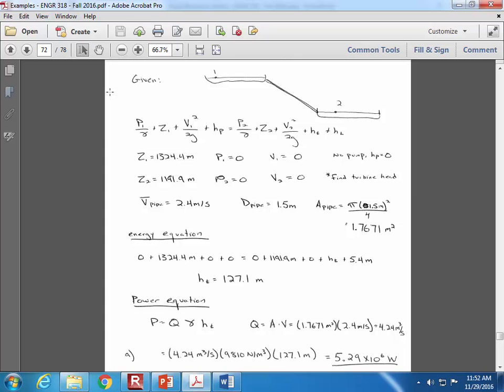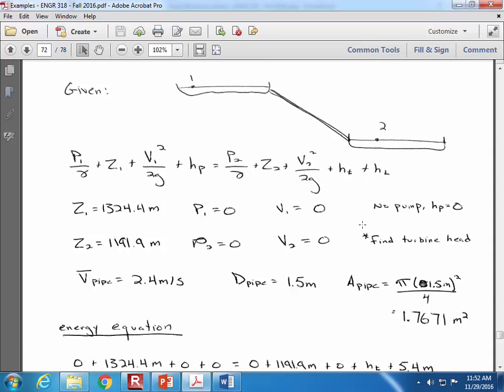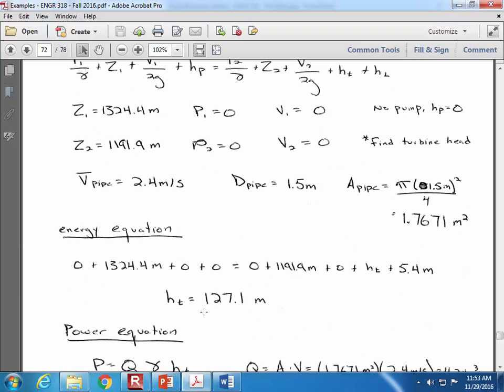All right, so you can see here we're saying Z1, Z2 are both known from the problem statement. The pressure at each of those locations is 0 and the velocity is 0. There's no pump here, but we are going to be taking energy out through the turbine. So I've calculated the amount of head that's available for the turbine to extract. What we're saying is that the energy between 1 and 2 is going into 2 spots: very little of it as energy loss, and the majority of it is available to harvest as head that goes